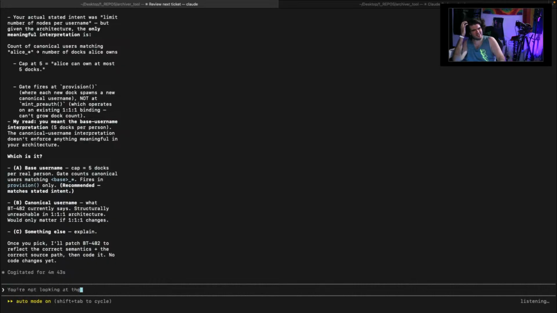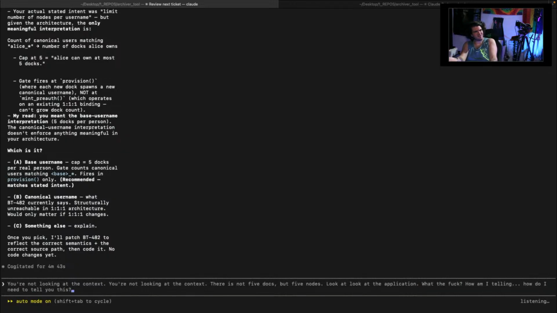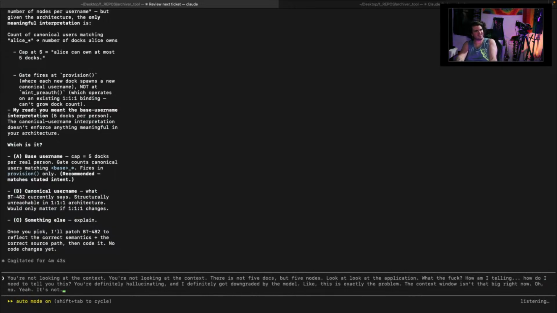You're not looking at the context. There is not 5 docs, but 5 nodes. Look at the application. How do I need to tell you this? You're definitely hallucinating, and I definitely got downgraded by the model. This is exactly the problem. The context window isn't that big right now. Oh, no, yeah, it's not. Look, dude, the application, the intent,